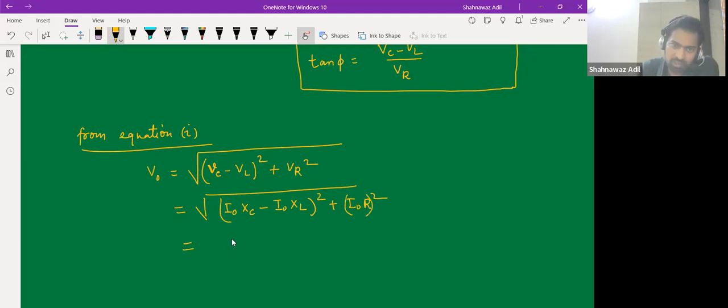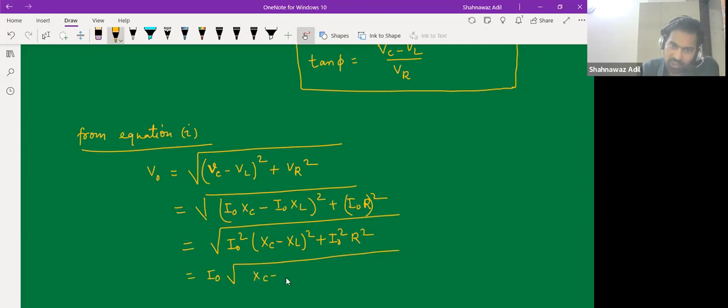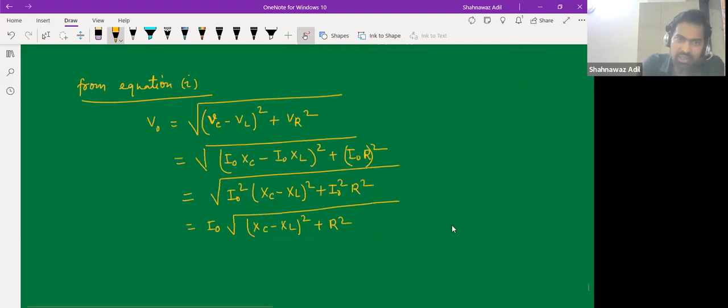So I naught, I can take it outside, so this would be I naught square and XC minus XS whole square plus I naught square and then R square, and then root over. So I naught square is common. I can take it outside of the root. So this would be XC minus XS square plus R square, and this is my V